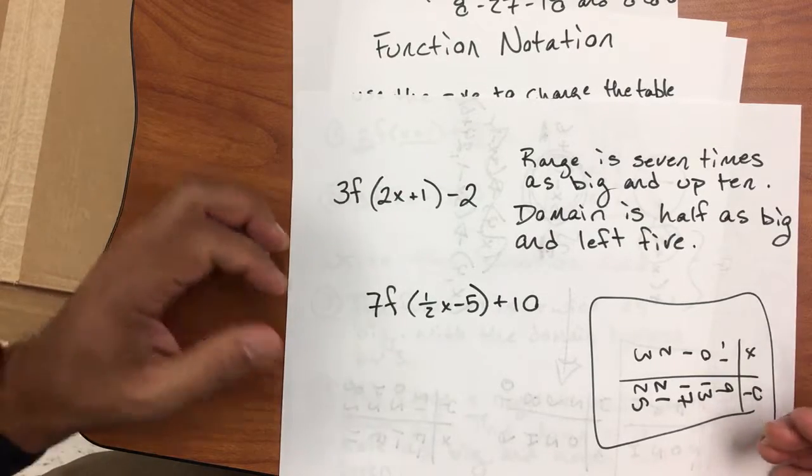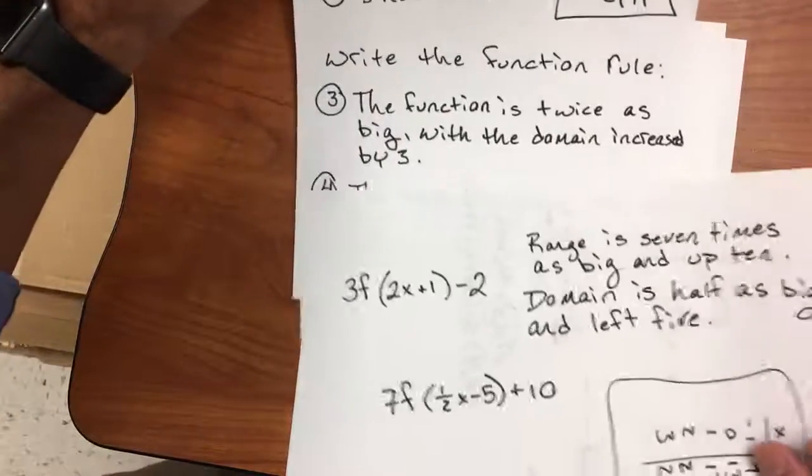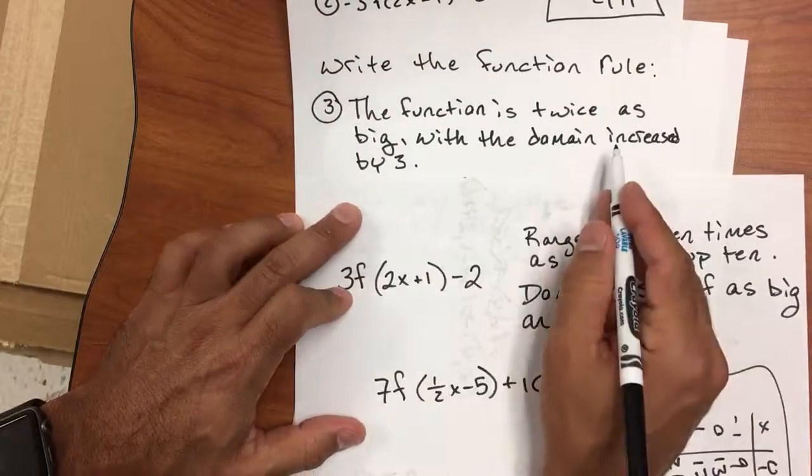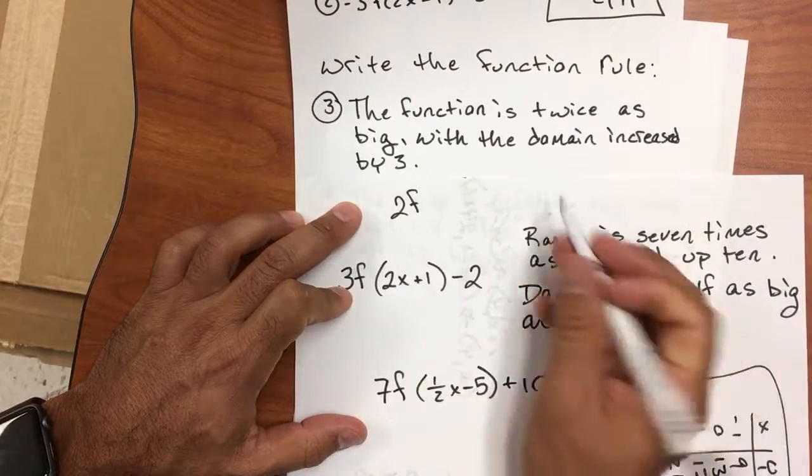So fairly simple. Do one of the questions from the assignment. So I'll do number 3. Function is twice as big, so the function, which is f, is twice as big with the domain